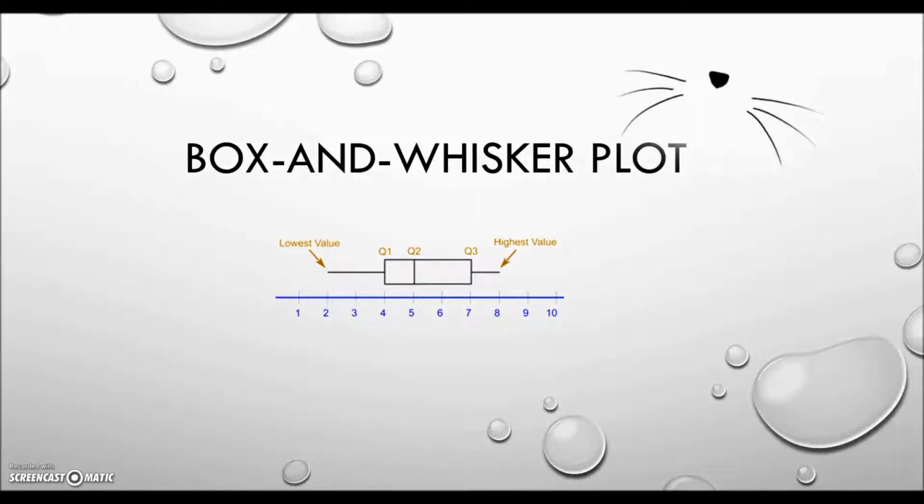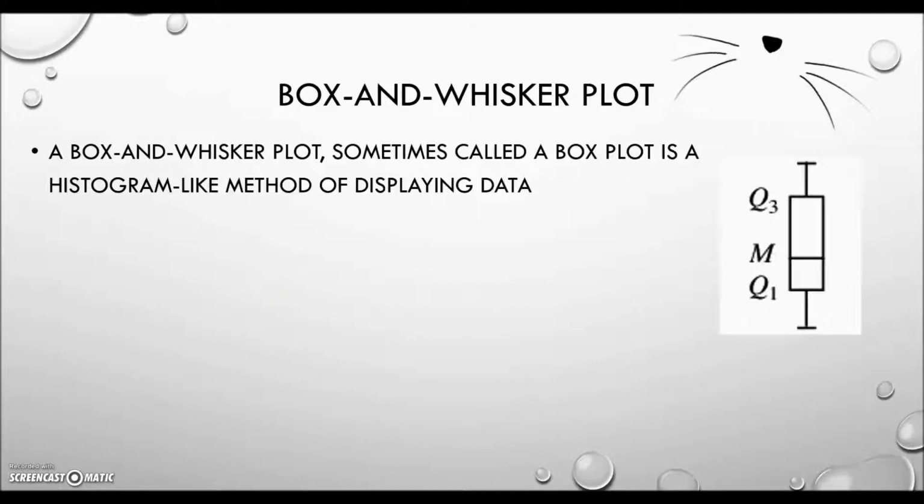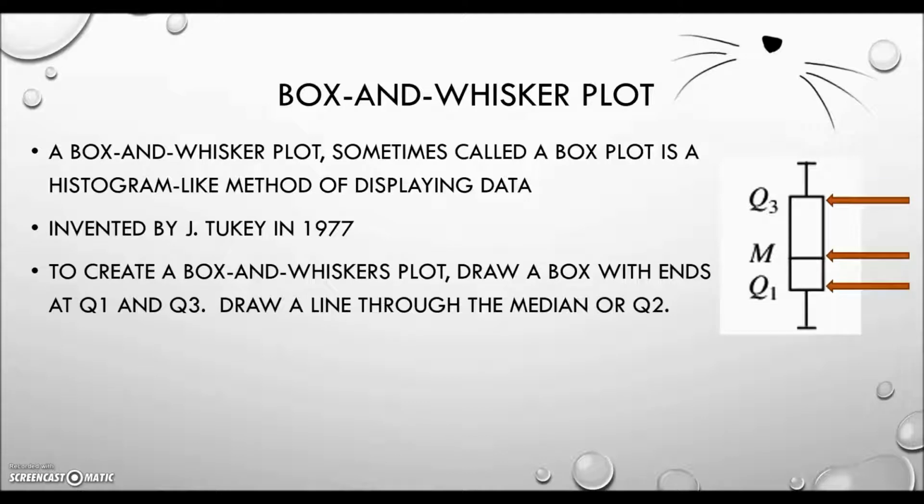Box and whisker plot. A box and whisker plot, sometimes called a box plot, is a histogram-like method of displaying data. It was invented by J. Tukey in 1977. To create a box and whiskers plot, draw a box with ends at Q1, the first quartile,